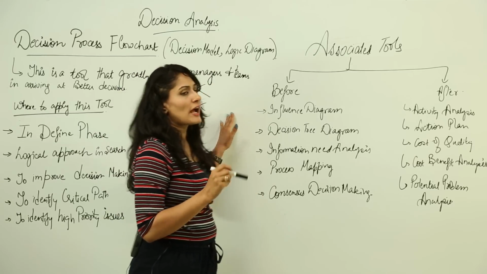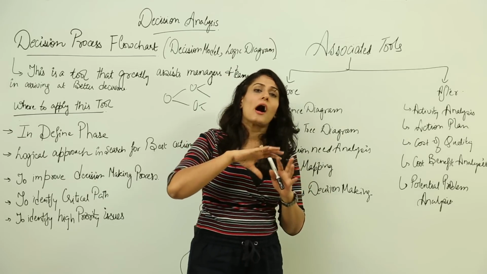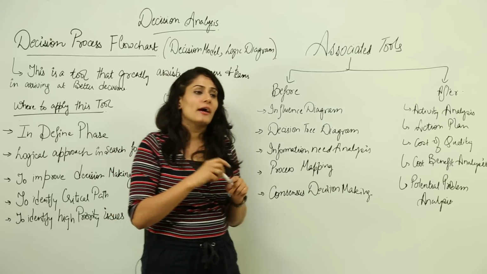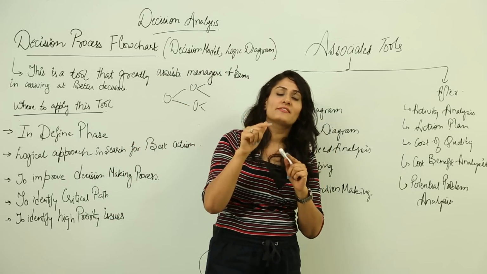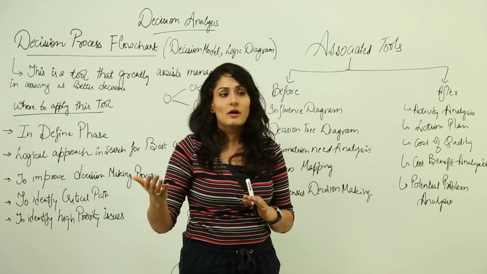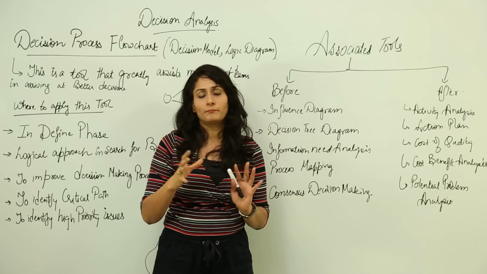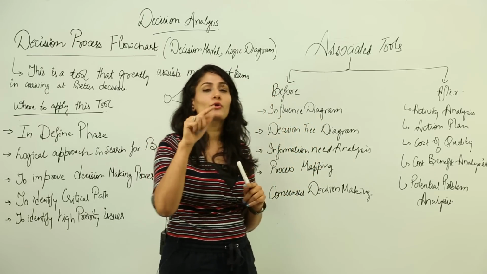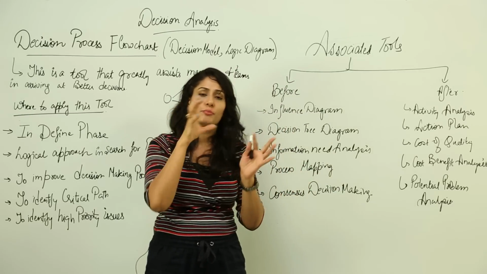So influence diagram is basically the summary of all the variables which are used to reach any point or any decision, and this influence diagram also gives you information about the influence each variable has on another. For example, if you have to decide on the marketing cost of some product, using the influence diagram you will find out what are the other variables which are influenced by one decision.